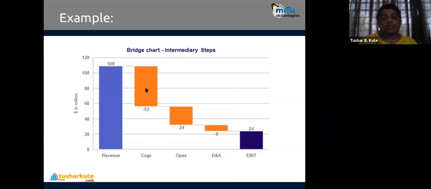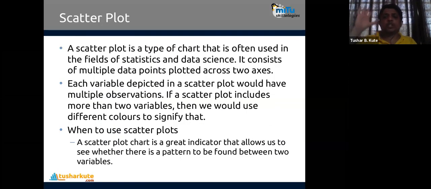COGS, we have lost 53 million. Then OPEX 24 million, D&A 8 million, and what is remaining is 24 million, like this. Waterfall or the bridge chart. By this particular chart, we can visualize the data step by step, in intermediary step fashion.